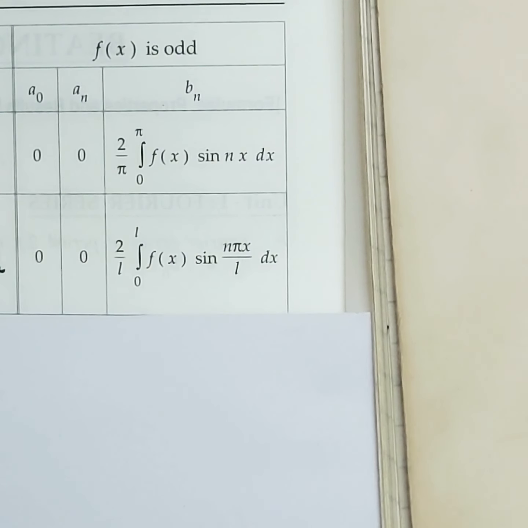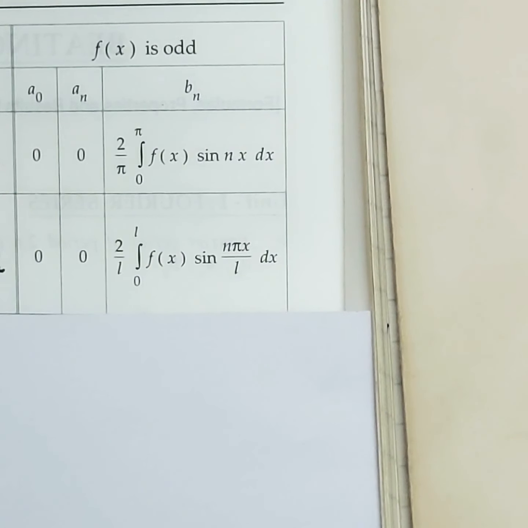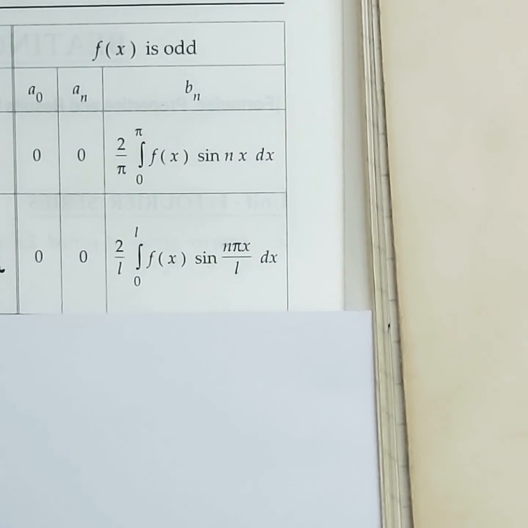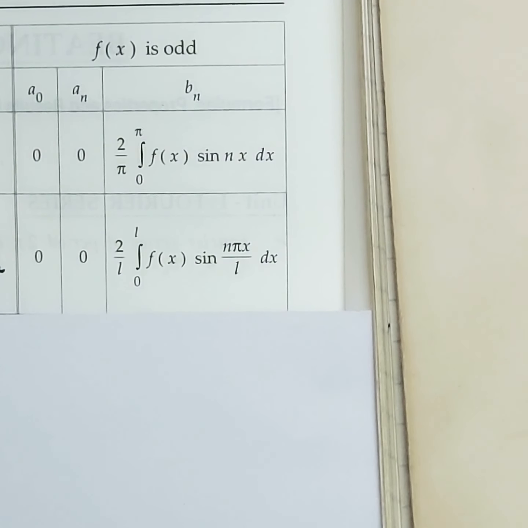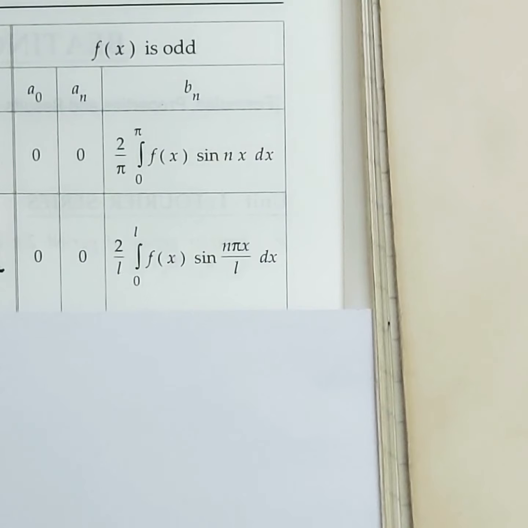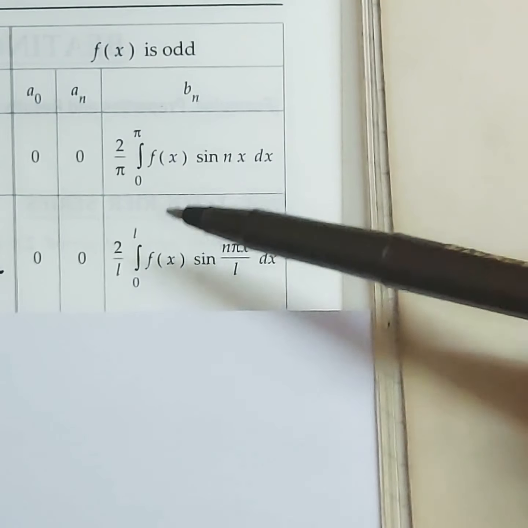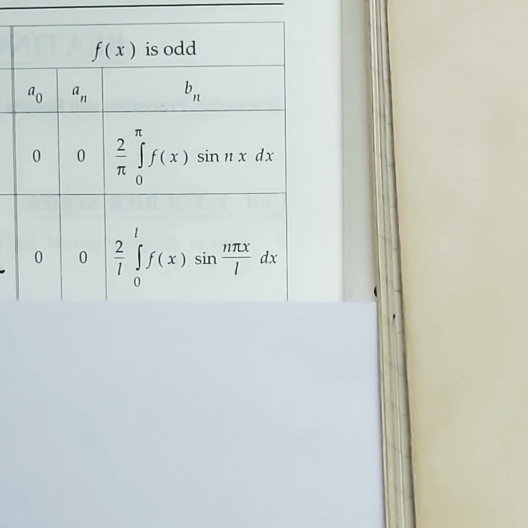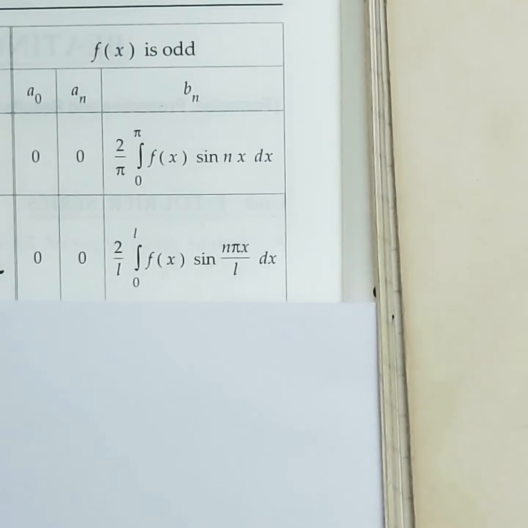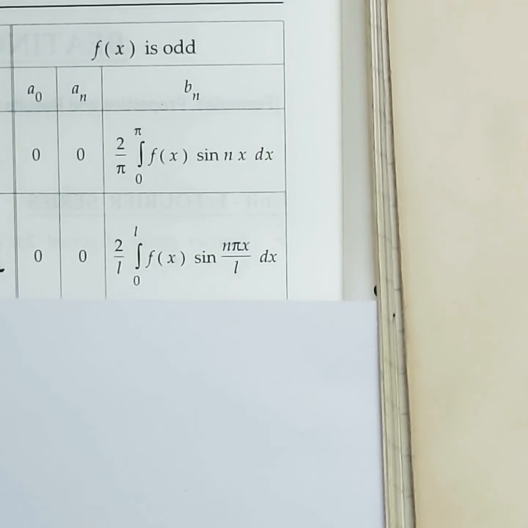So we finished Fourier series and still we have half range Fourier series that we'll see in the next video. But you may wonder, half range Fourier series means we have to study a new set of formulas. No, it is not. Half range Fourier series means we are going to fix one half and going to develop the other half. So whatever you have written, even or odd, these formulas we have just seen, only these formulas we are going to repeat. So no need to check even or odd, you can directly apply the formula and solve it. It's going to be very easy.